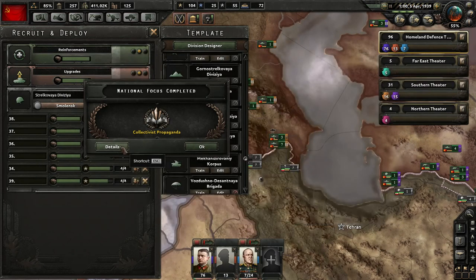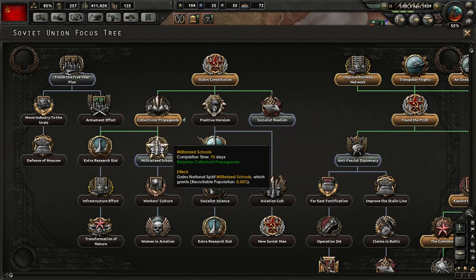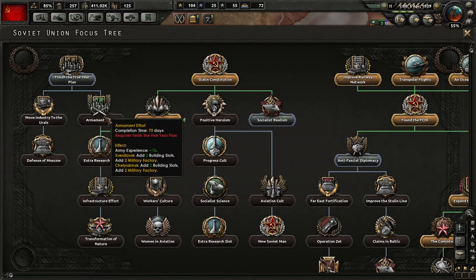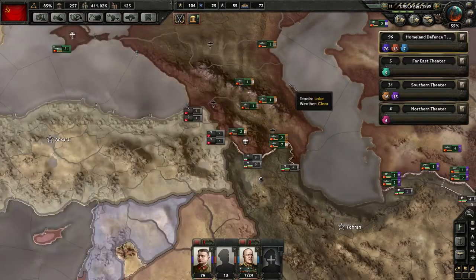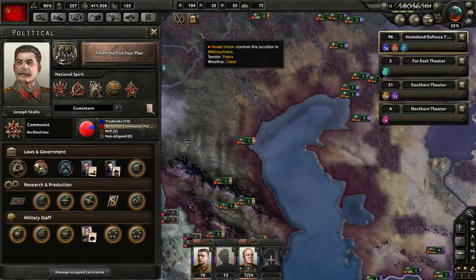Okay, we have finished our propaganda. Our unity is now up to a firm 85%, which is nice. We can go down here now, but probably most important to get that research slot as fast as possible. So we will go down these, which will give us even more factories, which will be nice. So continuing that, also